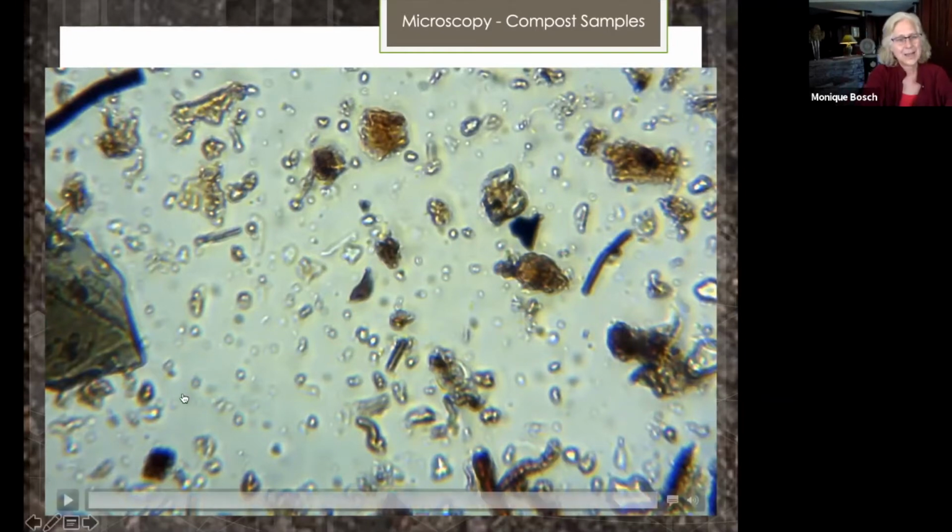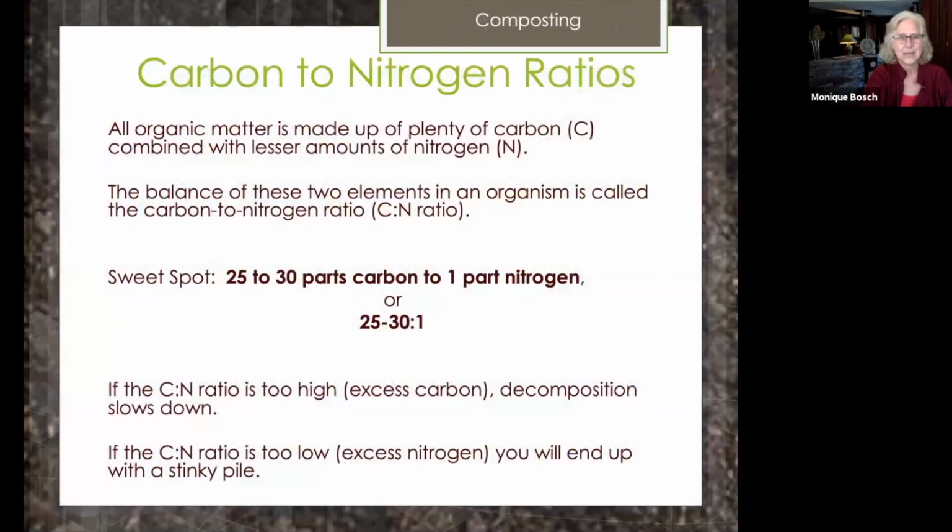That's a real problem, because we're selecting for weeds if we're using compost that is bacterial dominant. So I would recommend, if any of you can get a microscope, you can see how easy it is to learn, and so you really know all of the inputs that you're putting into your farm. All right, I'm going to dive here into carbon to nitrogen ratio, which I find is the